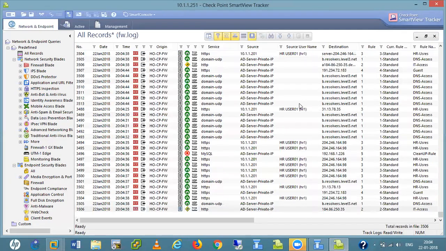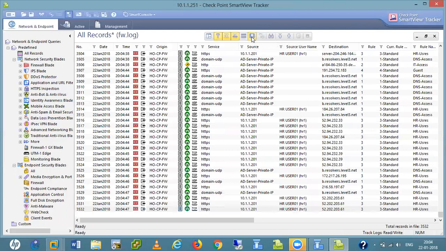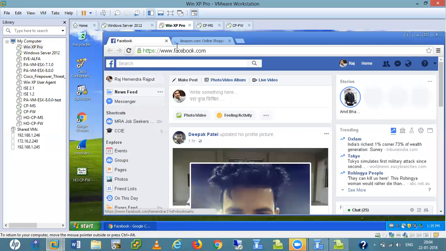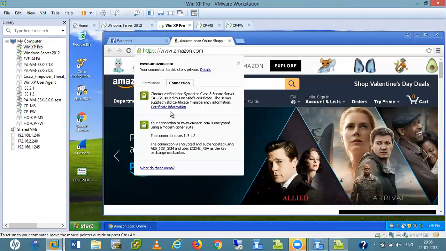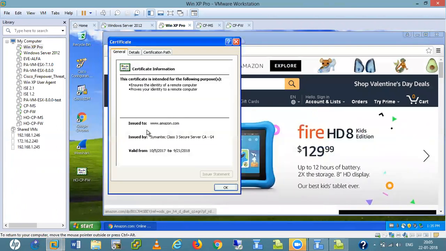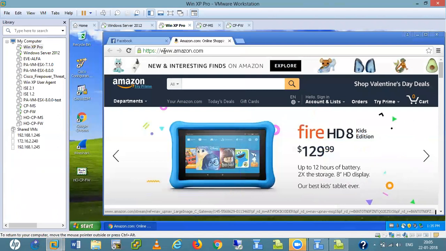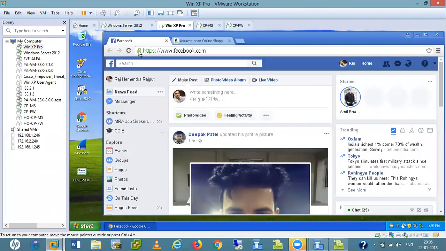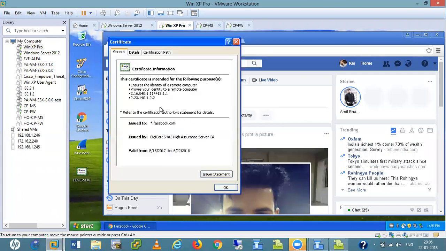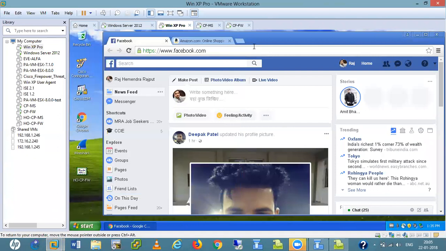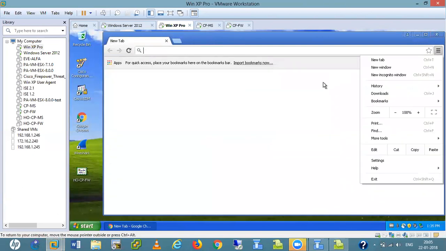Connection. Okay, right now it is not taking these things. Do one thing, clear the history.